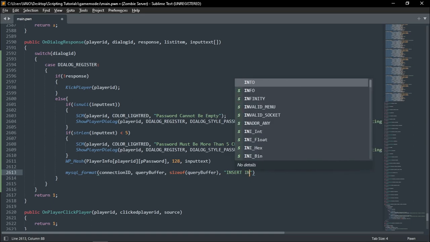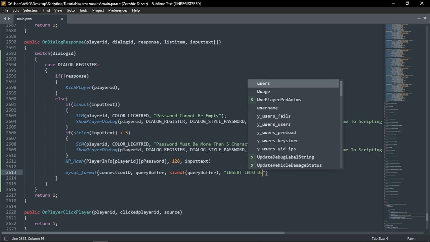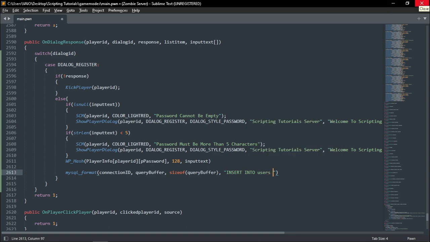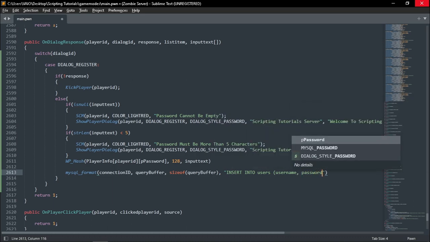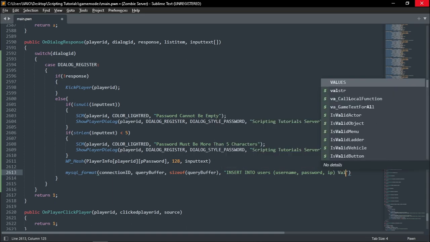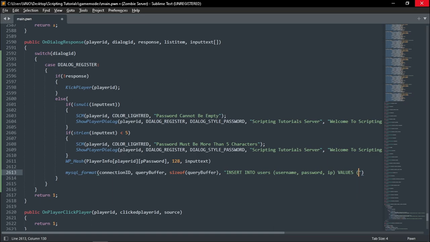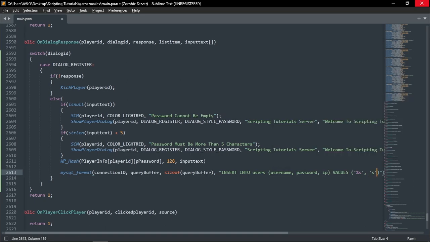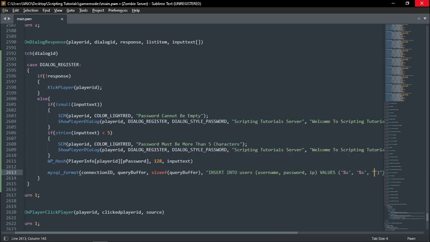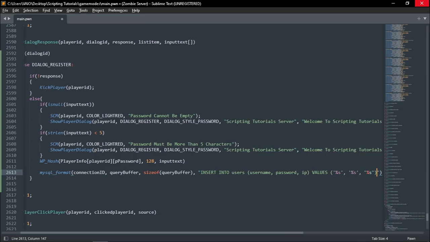and query buffer, and here add select now, insert into users. So here insert into users, username, password, and IP. Maybe that's it. And values, maybe like that. And here are, this thing would be like this here, and $s, and $s, and percentage s,